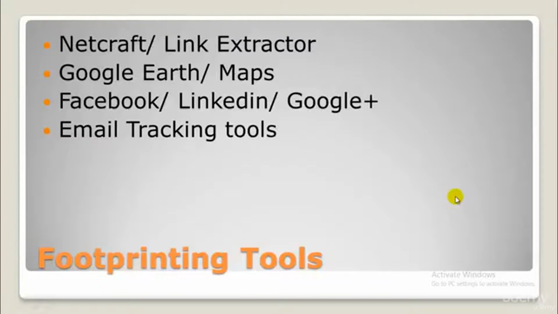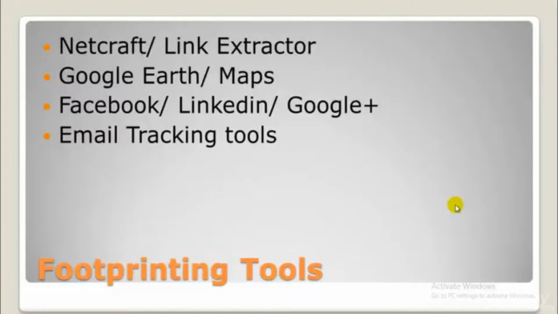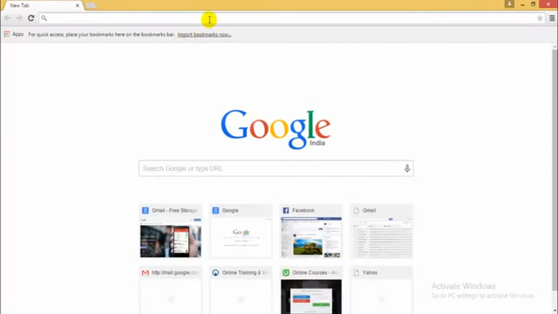Most companies use common formats for internal URLs, and therefore if you know the external URL of a company, you can easily predict the internal URL through trial and error method. So these internal URLs provide insight into different departments and business units in an organization. You can also find internal URLs of an organization using the Netcraft tool, and I'll show you where you can go ahead and download that. So I'll just go ahead and open this,